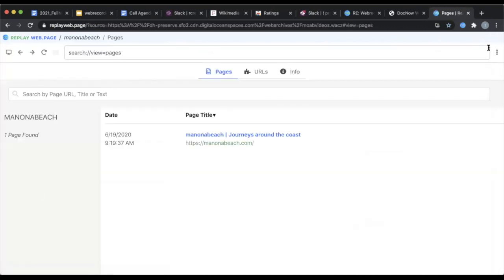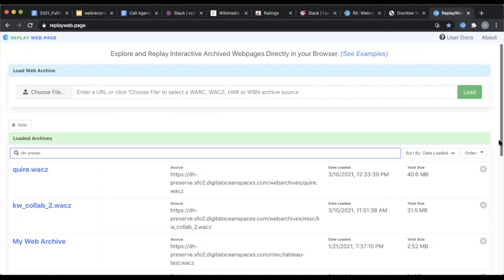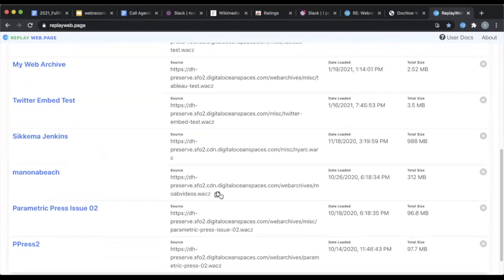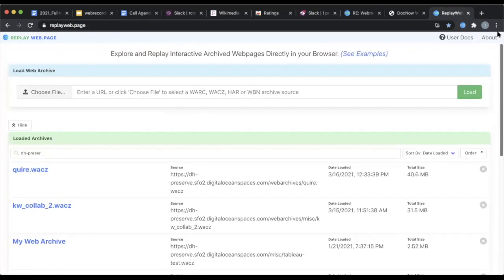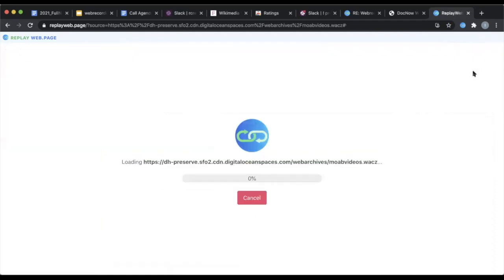Since it's already loaded, what I can do is copy the URL, and that's the URL that is used to load the archive. If it wasn't already loaded, I could just enter this URL here, and it loads the archive very quickly. So even if I do a full refresh,